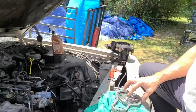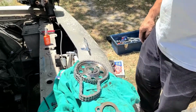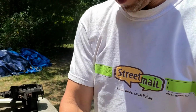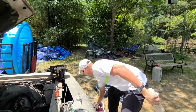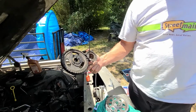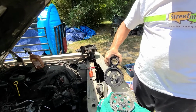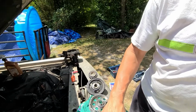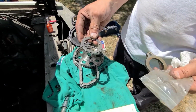I bought this set here. I don't have the box with me, but it's a Chloe's. I guess it was a performance one. I didn't realize, but when I saw the differences from the factory one, this is a factory one, this is actually off of this one here. They're similar, okay, but I'll show you what I didn't know yesterday, that this one here comes with a